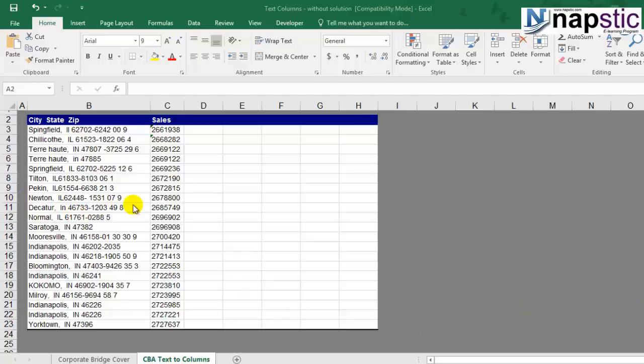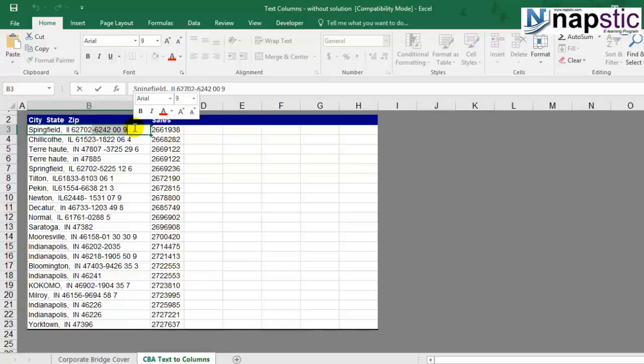Let's look at this example, which gives us the city, state and zip. The three pieces of information are given in one cell. This is the city, this is the state, and this is the zip code. And whatever comes after the hyphen is basically junk data. Since I have taken this data from somewhere, I can't do Excel related activities on this kind of cell information. What I want to do is separate these three data, city, state and zip, into three different columns. In order to do that, we have this Excel tool, text to columns, which will help us do